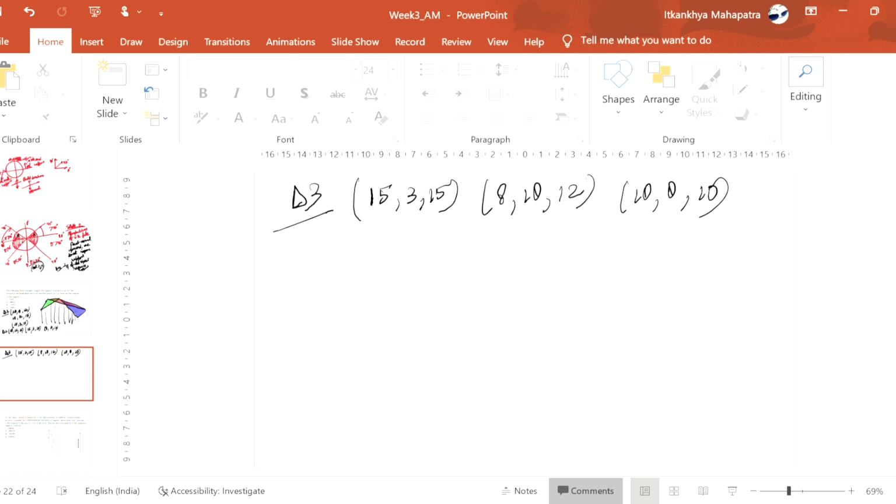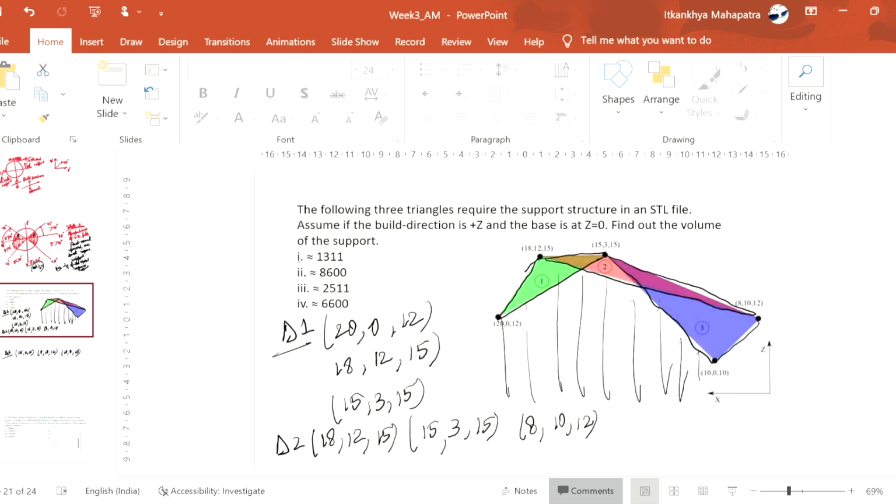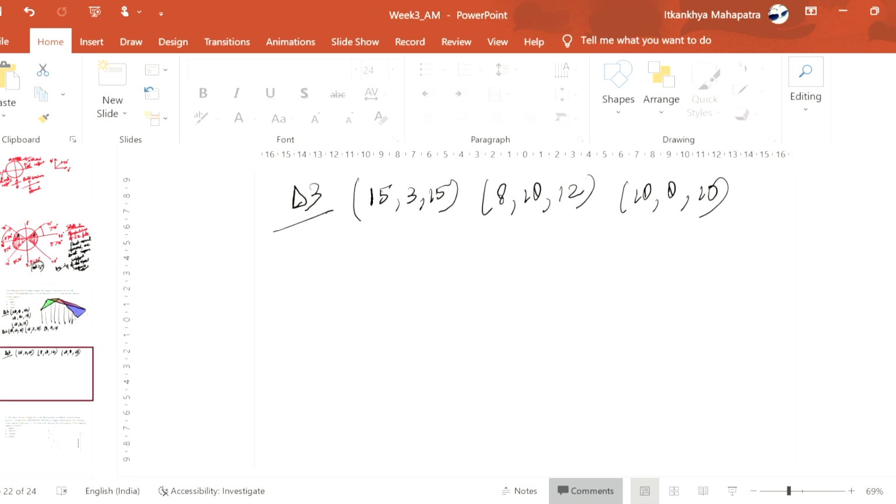Now the method is that we need to calculate the area of each triangle, and after calculating the area we need to find the volume. Volume is area into average height. Now we'll do the first triangle serially. So area of triangle 1,